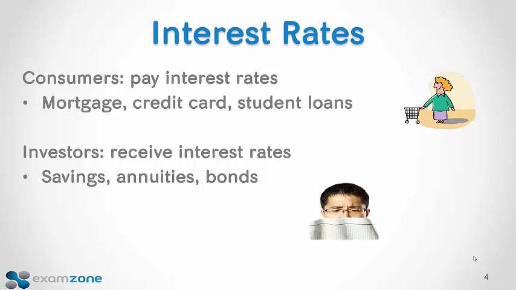Interest rates, for a lot of people, at this point, they've only experienced them in terms of what they have to pay. Now, the lower the interest rate, the better for a student loan or for a credit card offer, certainly for a mortgage. The difference between 5% and 8% could often be the difference of whether you can get the house or not. But when you become an investor and you start putting money into annuities or bonds or even just go to the bank and open up a savings account or get a CD, when you're receiving interest rates, you obviously want to receive the highest rates possible.